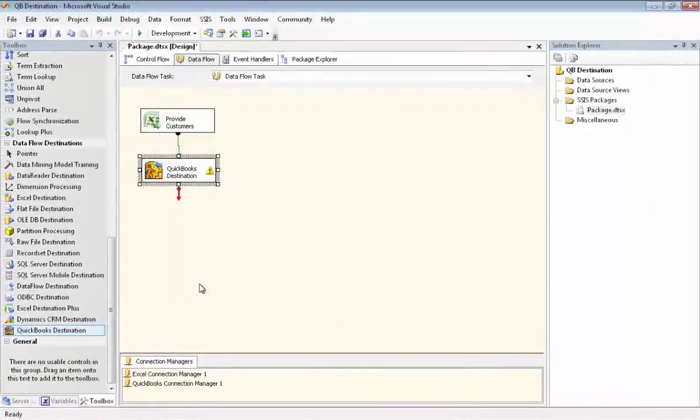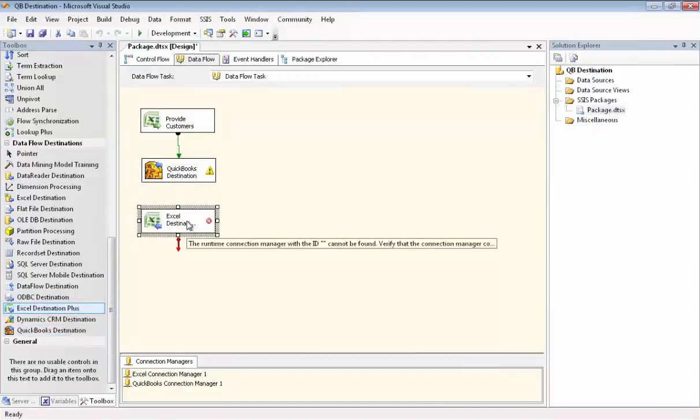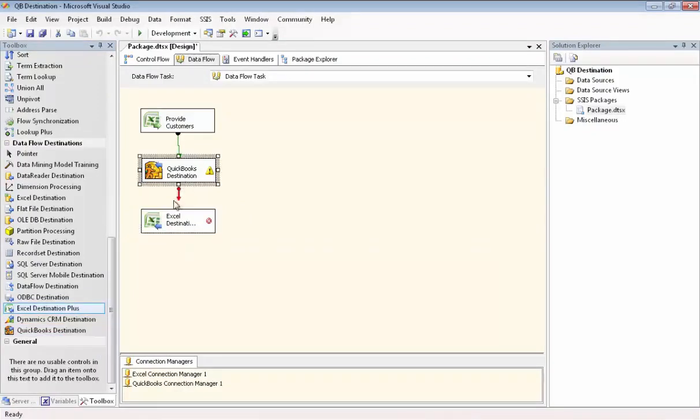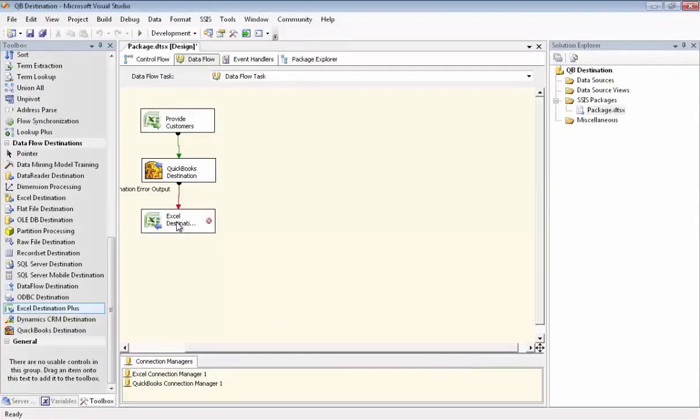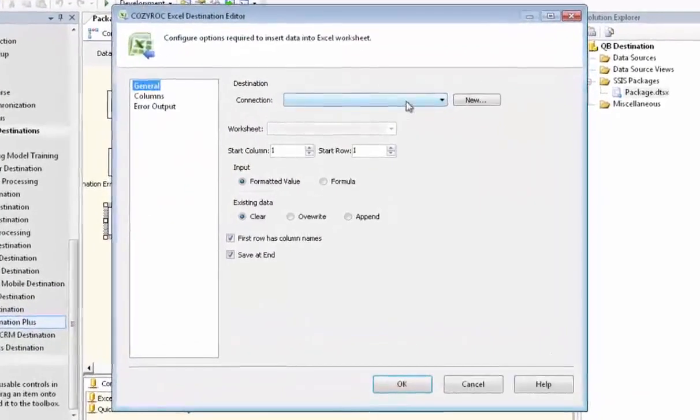So we're going to use the Excel Destination Plus component from COZYROC to receive that information. And first we need to connect the error output from QuickBooks Destination to that component. This is just part of the setup process. Now we go back in and we'll choose the connection manager that I have set up for Excel, and we're using a different worksheet which we call error output,